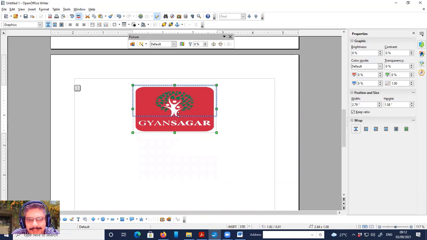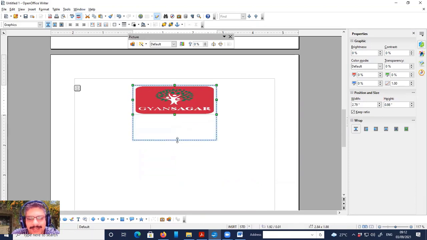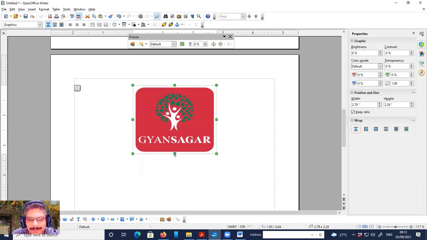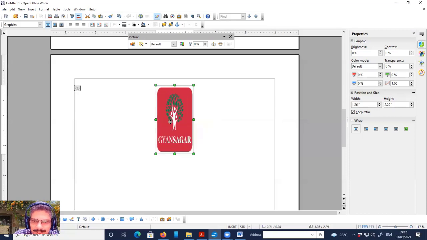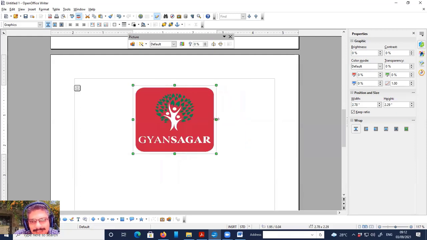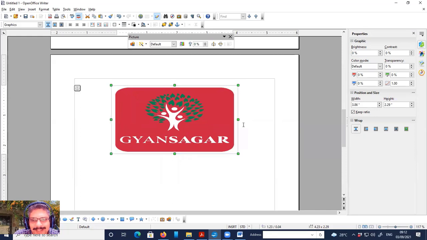If you click on the green dot which is on the left and the right margin of the picture, you could just click on that and reduce and increase the size of the picture horizontally. But you will find that this is de-shaping your picture. Your picture shape is getting changed,